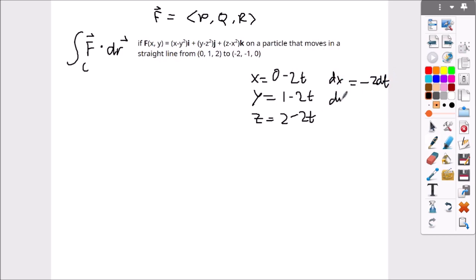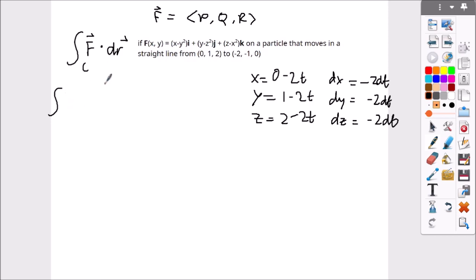dy is -2 dt, and dz is -2 dt. So they're all -2, so everything will basically just multiply by -2. Now, what are our bounds in this case? First of all, let me actually just put the integral. So the integral is the integral of